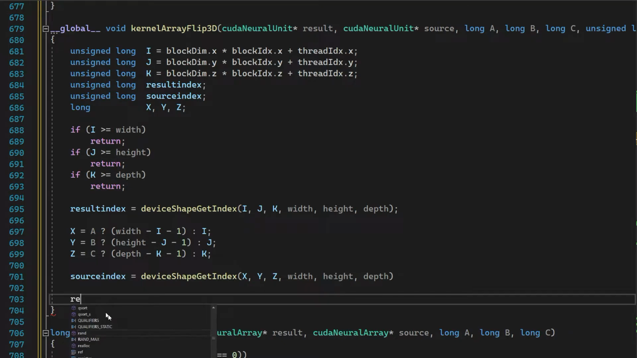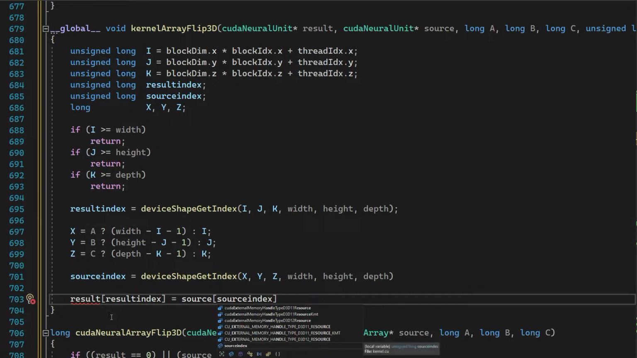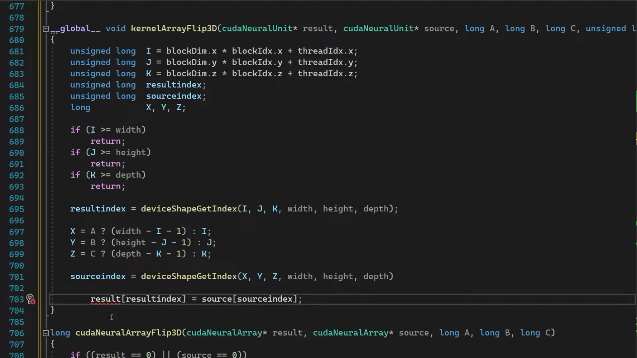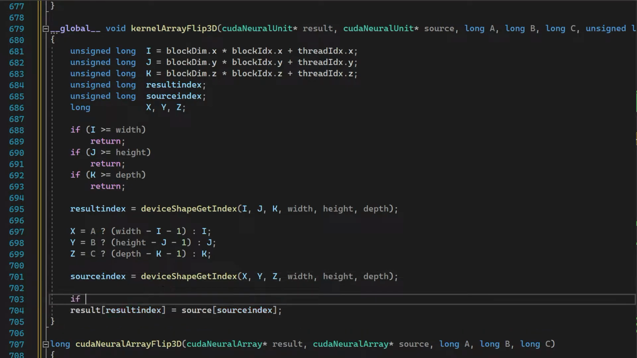Okay, source, now result dot result index equals source dot source index. Oh wait, we can't do that. We cannot do that. Okay, result dot with it. What the hell? Oh, we have to put a thing here. Okay, if